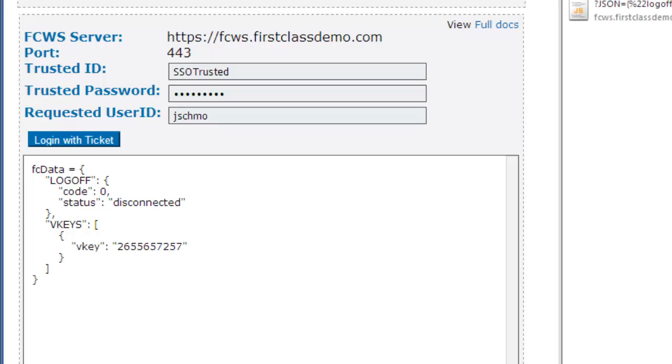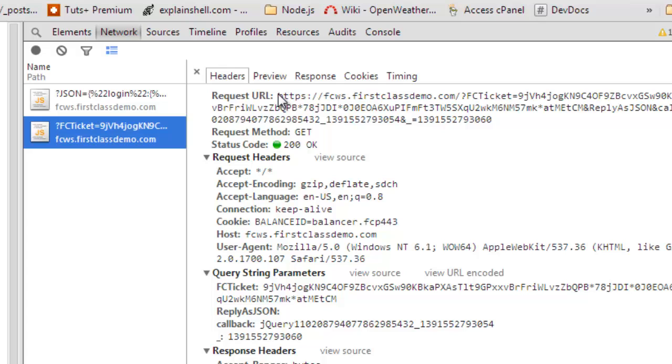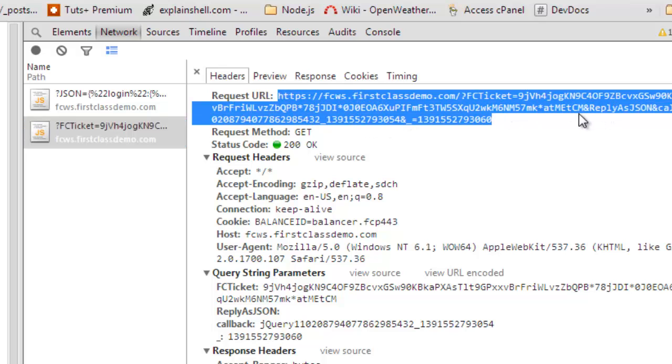Note that the trusted account does not get logged off, only the ticket account. When we make a request for another ticket, the same functions are executed. The same session for the trusted user is used, as this account is still logged in. There is no way to log the trusted user off, and the session for this account will expire as per your server settings. The ticket that is received can also be used directly as a browser URL to log in